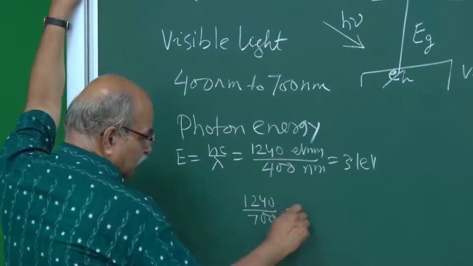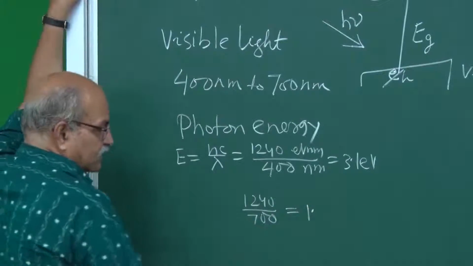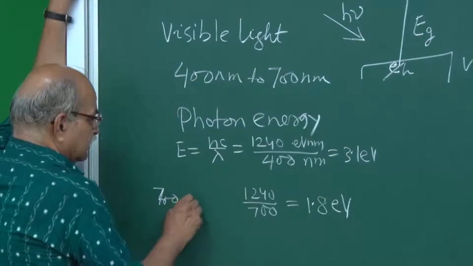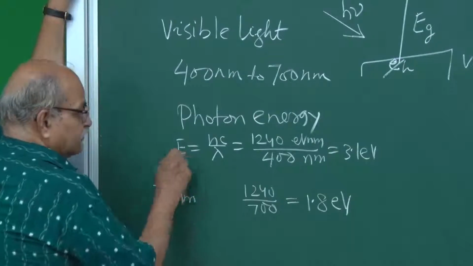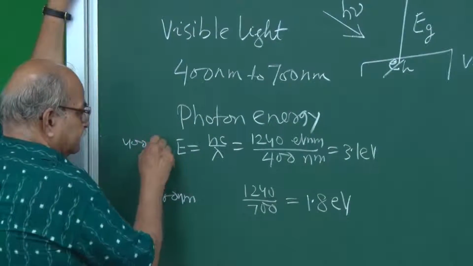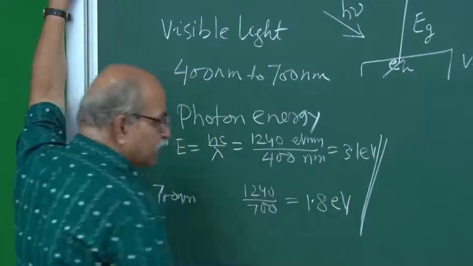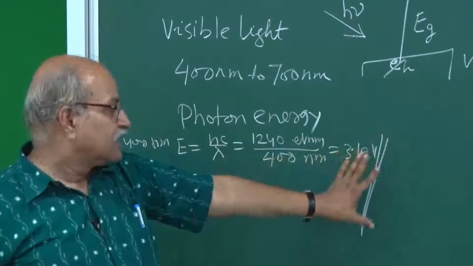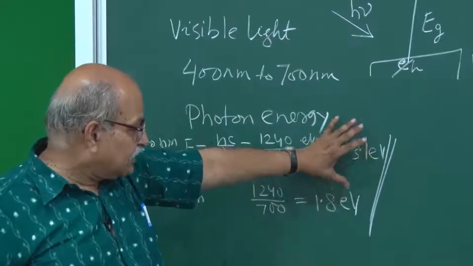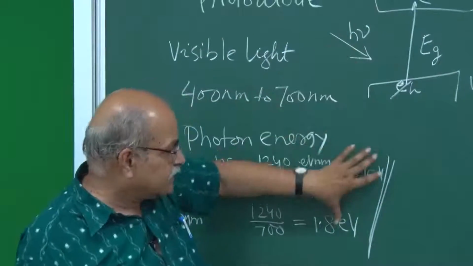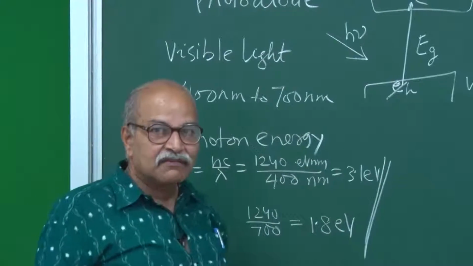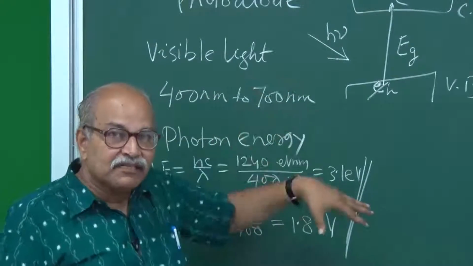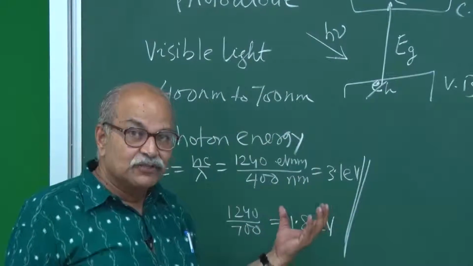So, that will be how much? Around 1.8 eV. Okay, so, this is for 700 nanometer and this is for 400 nanometer. So, the photon energy ranges somewhere between 1.8 eV to 3.1 eV or 3.2 eV, like that. So, this is the range. So, if the band gap is less than this, and if momentum conservation and everything is satisfied, then yes, there is a chance. So, photodetectors are made with this idea,